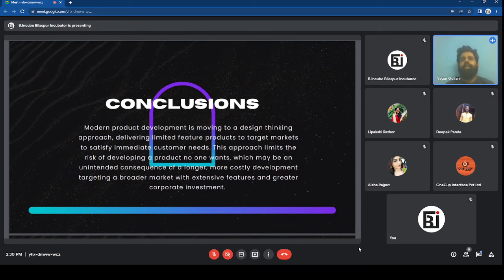So when you understand the customer pain points, what they need, whatever the customer needs, you have captured the market initially. So it can't be the case that your product goes off the market with zero orders. This approach limits the risk of developing a product that no one wants, which may be an unintended consequence of a longer and more costly development targeted at a broader market with extensive features and a great corporate investment also. So frequent releases based on customer feedback improve customer satisfaction and provide timely validation